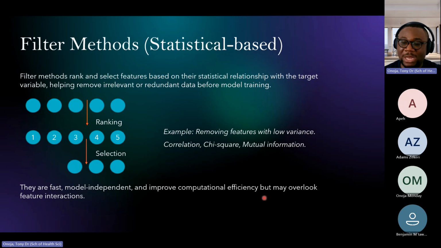However, the setback of this feature selection is that it overlooks feature interaction. So when you have a study where causality is crucial, this approach assumes independence, because what is correlation? Correlation is simply the relationship between one or more features. So it's a one-to-one sort of relationship, but that doesn't really add up in the real world. A lot of times in the real world,